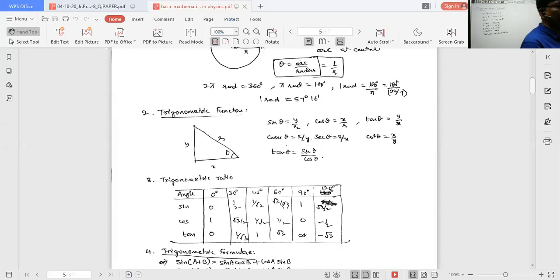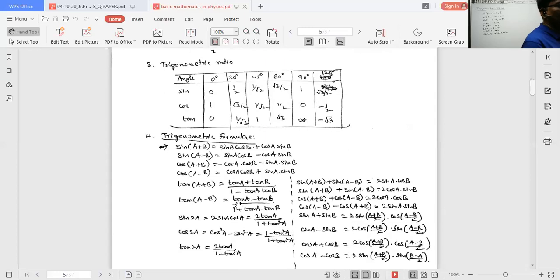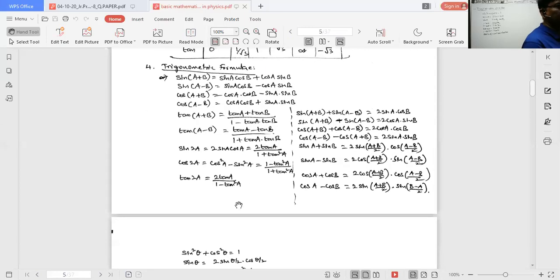Next, the trigonometric ratio functions, sin theta, cos theta, everything I already said in the last class, up to 120 degrees we have written. Now the trigonometric formulae. Instead of writing these formulas on the board, we can save time, that's why I am displaying them. Yesterday's classes I already uploaded on YouTube so that you can go through them. You don't chat about that point again.